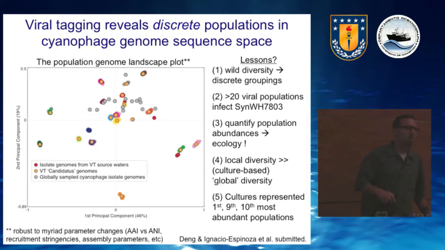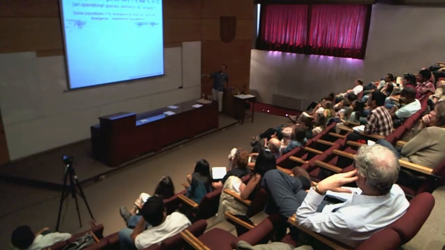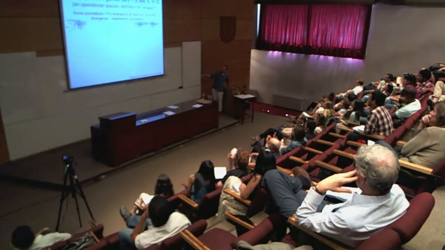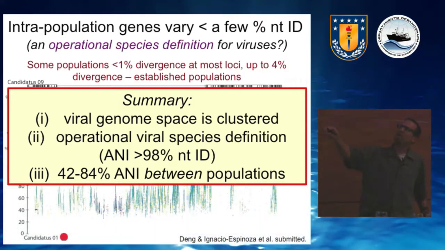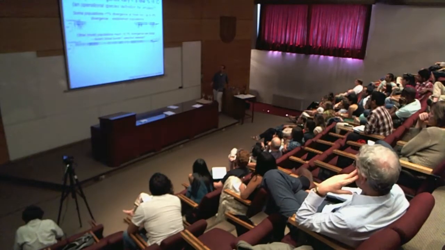This also tells us something about a species definition. If you look within these populations, you can look at variation again in the metagenomic data. And I hope you can see this axis. It's only a few percent away from 100. So if you have a metagenome and you've got a sequence read which maps to a reference, it better be within a percent or two, or else it's not really from that population. We can see as much as 4% variation in the more established populations, or less than 0.5% variation at any given locus in the perhaps more recently